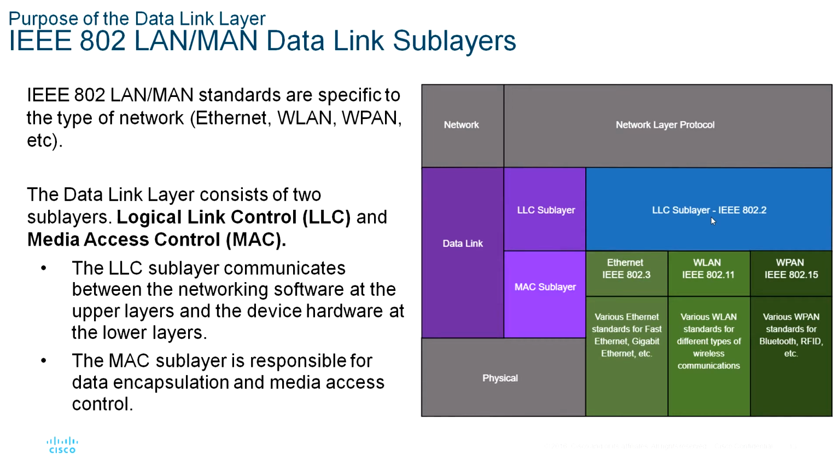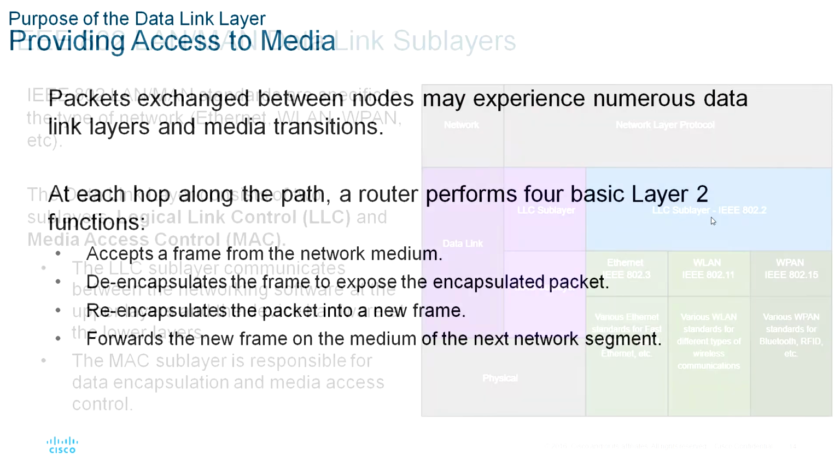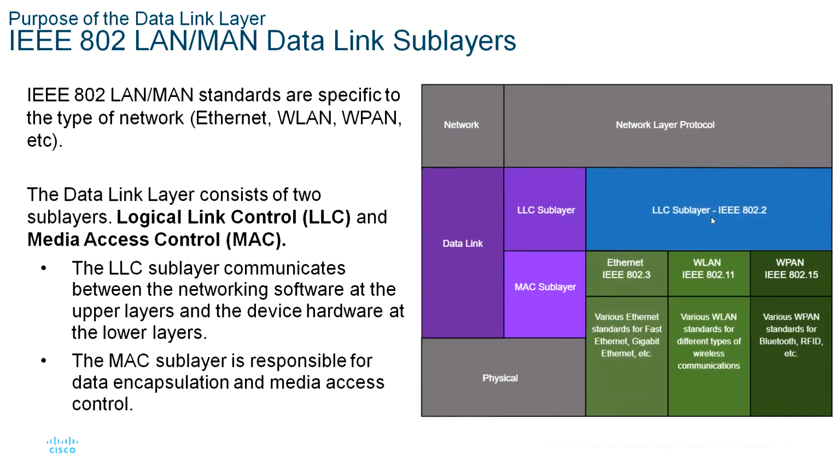The logical link control sublayer takes the network protocol data, which is typically an IPv4 or IPv6 packet, and adds layer 2 control information to help deliver the packet to the destination node. The MAC sublayer controls the NIC and other hardware that is responsible for sending and receiving data on the wired or wireless LAN or MAN medium.